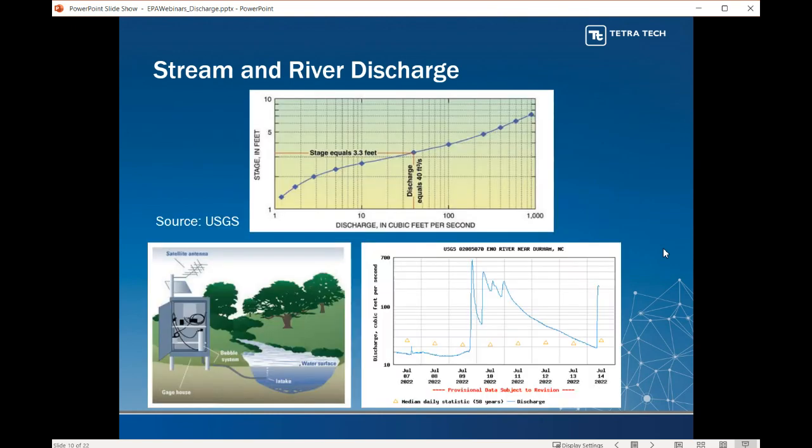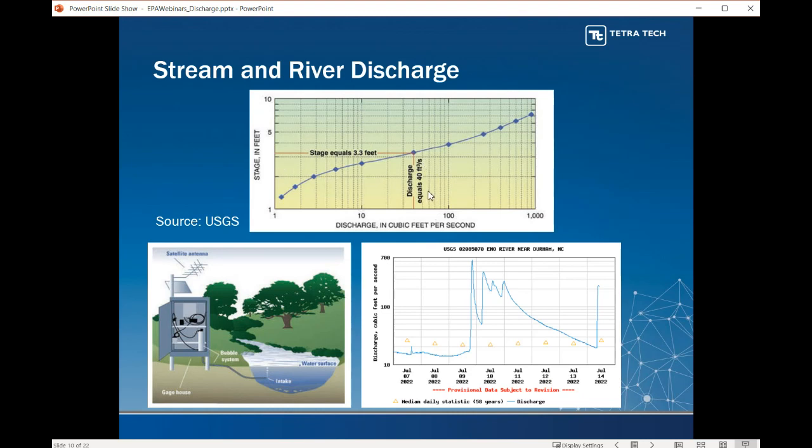The nice thing is that we don't always have to measure discharge every single time we'd like to know how much discharge is moving through a stream or a river. So one thing that we can develop is a rating curve. If we actually go out and measure discharge at a range of discharges, we can also concurrently measure the stage, or the height of the water level in the stream or river. And then as part of that process, we can equate those two relationships and develop this rating curve so that at any given point, if we know the stage of that stream or river, we would know what the corresponding discharge would be.